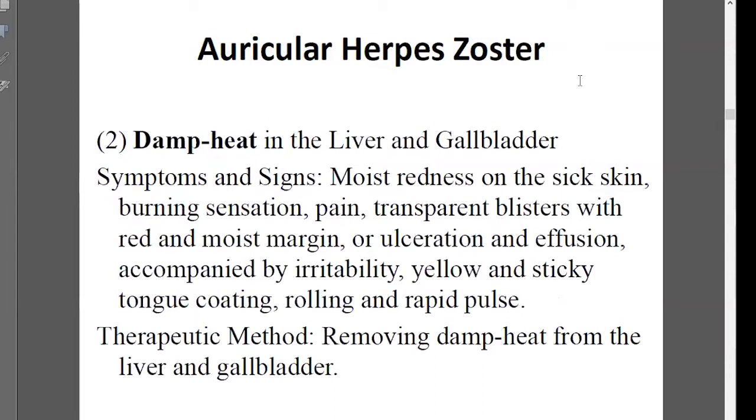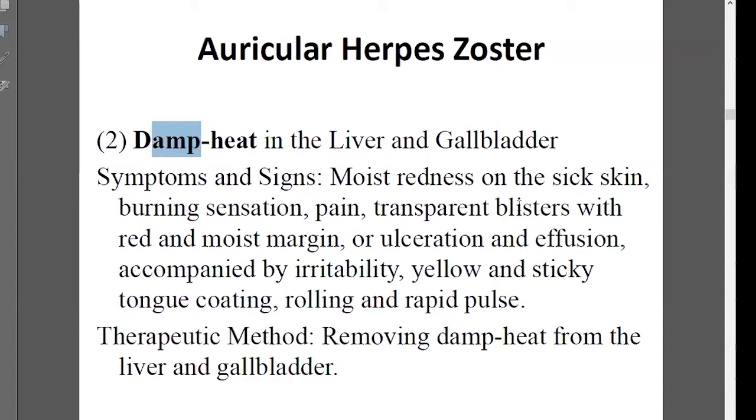And the second pattern, we're talking about damp heat. Damp heat is still in the liver and gallbladder. So that means besides the heat symptoms, we have more dampness symptoms. Usually locally, we're still talking about pain, redness, burning sensation,